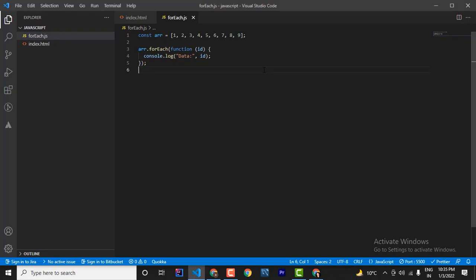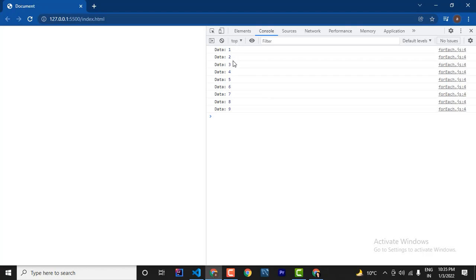Hello everyone, in this video we are going to see a slightly different syntax of using the forEach loop. So we use the forEach loop to iterate over the array elements, right? And in this example we have a simple array of numbers and we are looping over it using the forEach loop, and we have a simple console log statement. So let's go to the browser and see what we have in the console, and we have these numbers,